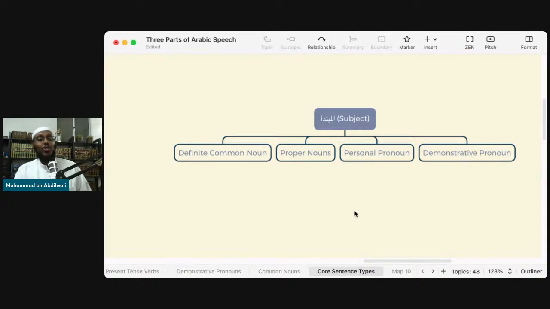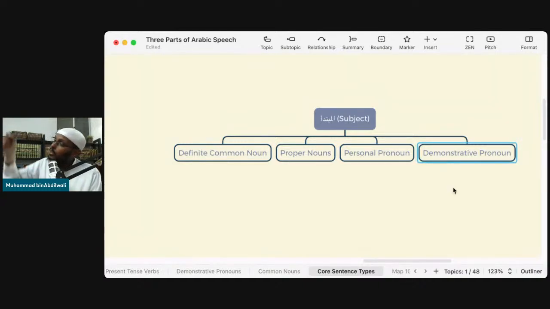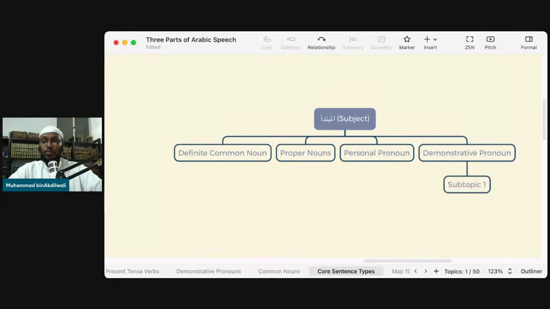Okay, so right now I want you guys to get a pen and paper, write down an example. Write down 4 words for me, one of each. A definite common noun, a proper noun, a personal pronoun, a demonstrative pronoun. Take one of each. Write it on a piece of paper on the side. I'll do it here as well. You guys come up with something else, all right? I'll create one here. Let me choose one demonstrative pronoun. I'm going to choose